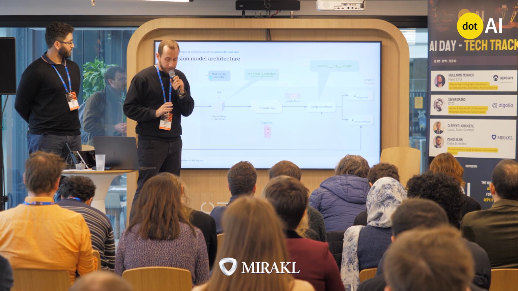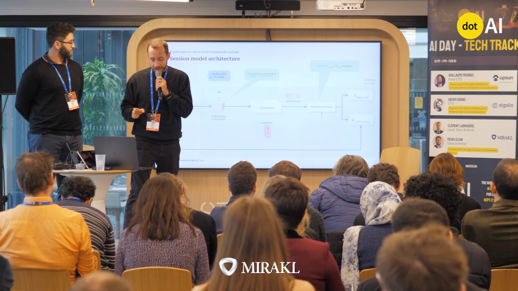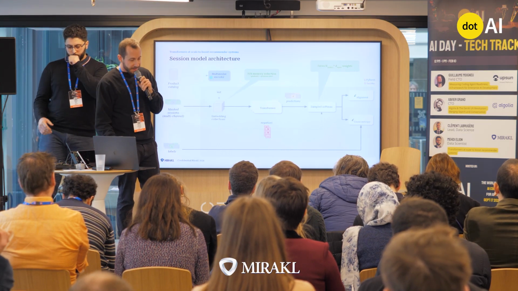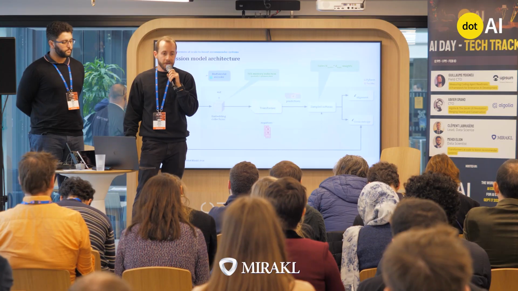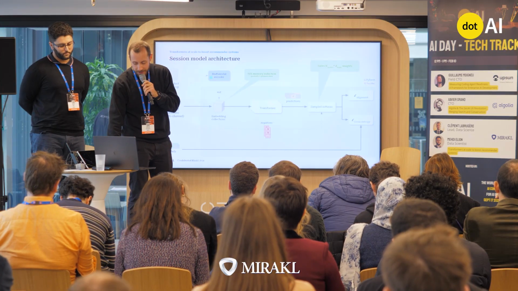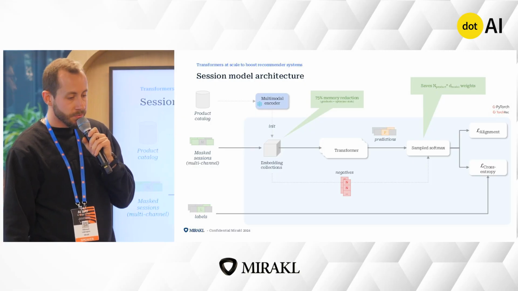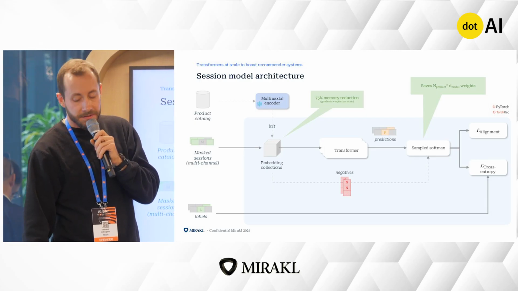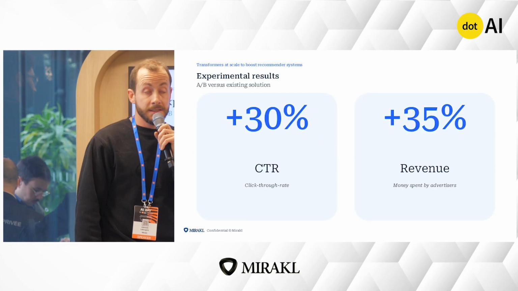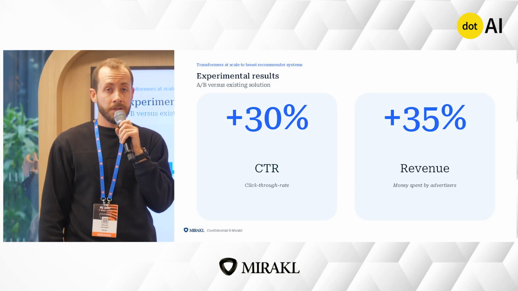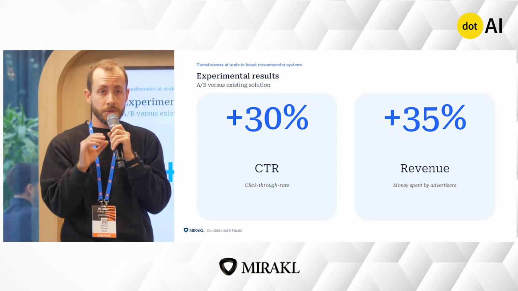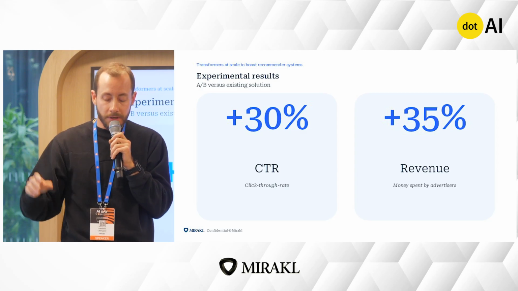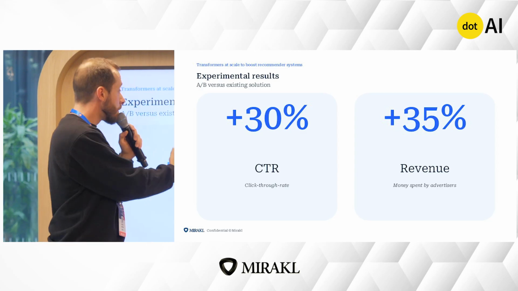Okay, so that's it for the technical stuff. What about the real-world performance? As you can imagine, we didn't deploy that on all the traffic at once. So we initially performed an A/B test thanks to our experimentation platform over the last year, and we did see significant uplift. So in both click-through rate, which is just the average click-through on a given item, by around 30%,